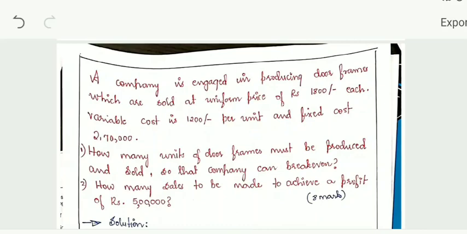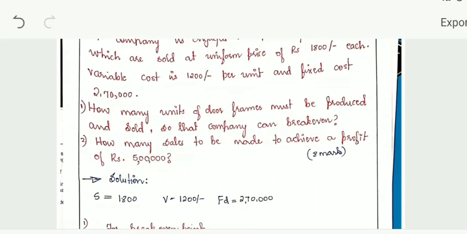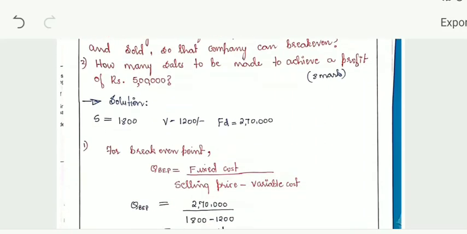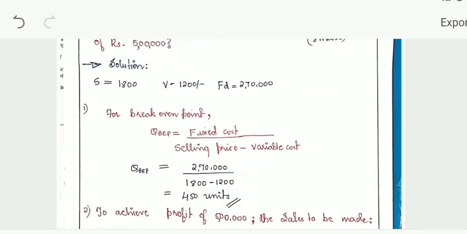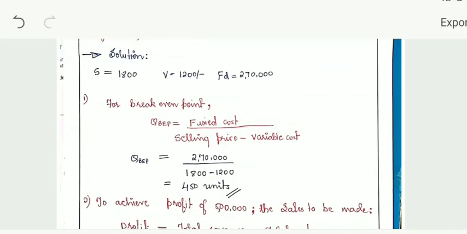So this numerical was asked in your question paper. Once it had come for 8 marks and once it had come for 12 marks. Okay, so every step here is important, though the problem is very easy. If you don't write the formula, don't explain the terminologies, and don't write the given content, you will not get the marks. So you have to solve the way I have shown here.